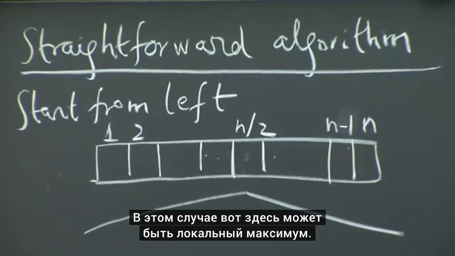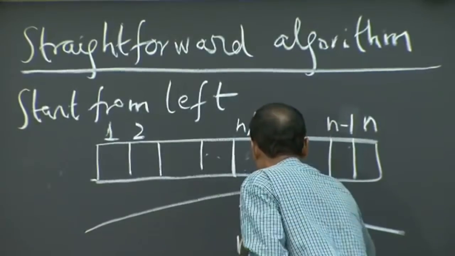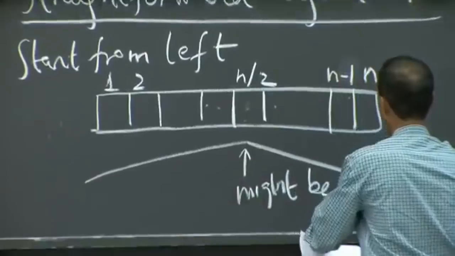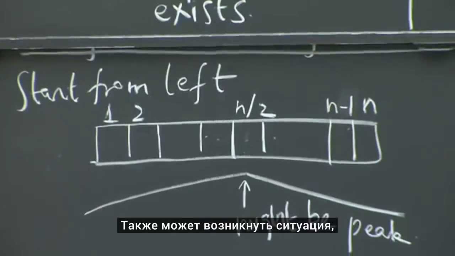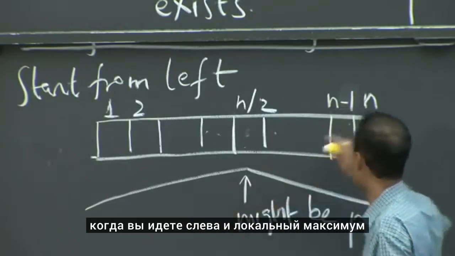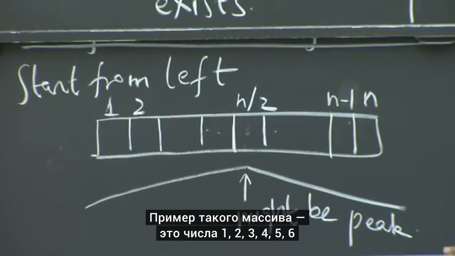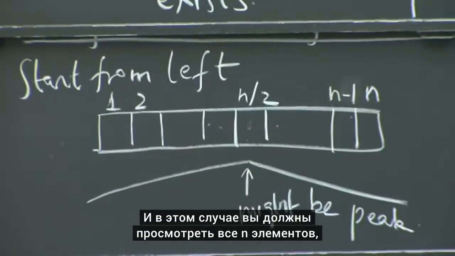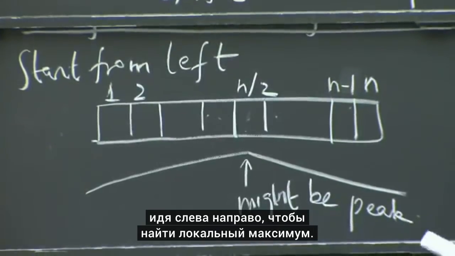So in this case, this might be the peak. You also may have a situation where the peak is all the way on the right. You started from the left, and it's 1, 2, 3, 4, 5, 6, literally in terms of the numbers. And you're going to look at n elements going all the way to the right